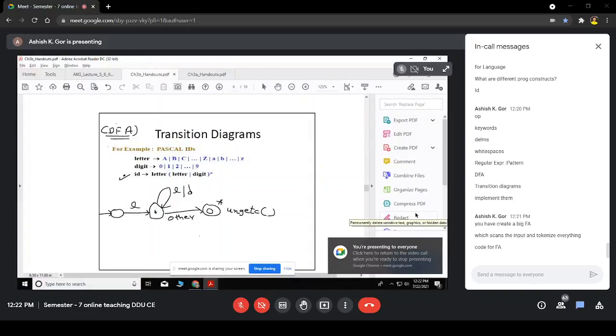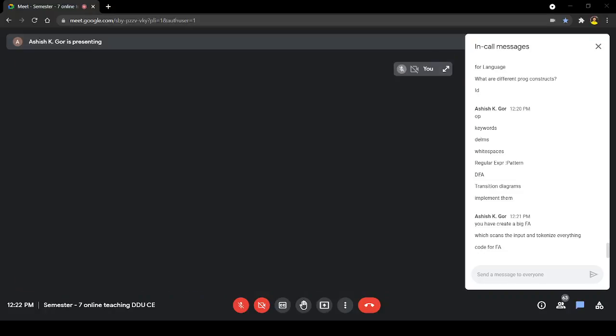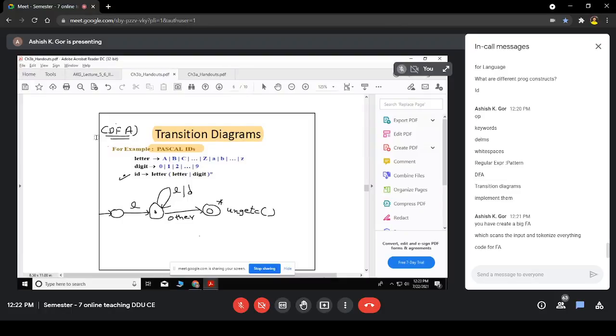So let us see this. For example, this is a Pascal identifier, right? You know this is a letter followed by letter or digit, zero or more times. So this is like a DFA kind of thing, or a transition diagram more specifically. DFAs are too strict, right? Like letter or digit. So from this you should have a digit also. Then it goes to some state. So these are some generalized ideas. This is one state. First it should be a letter. Then it could be either letter or digit.